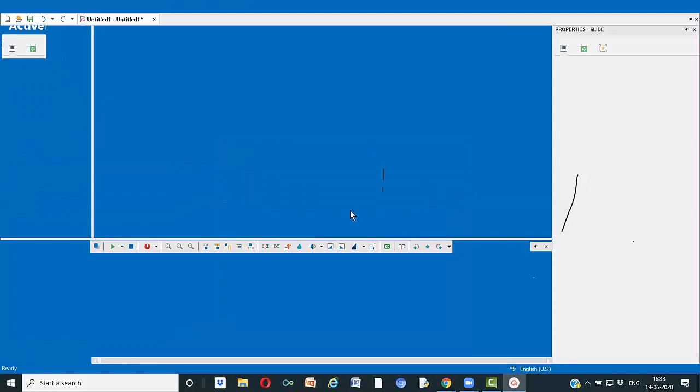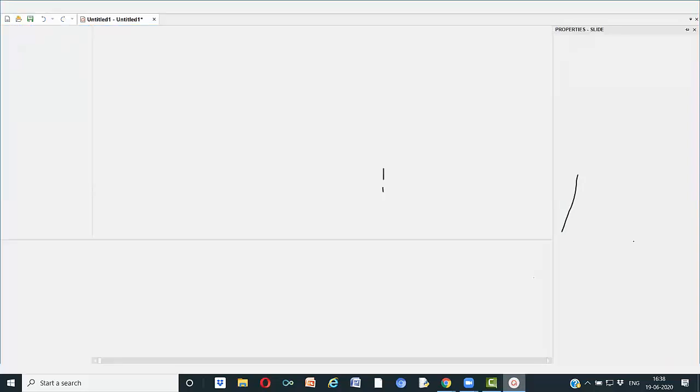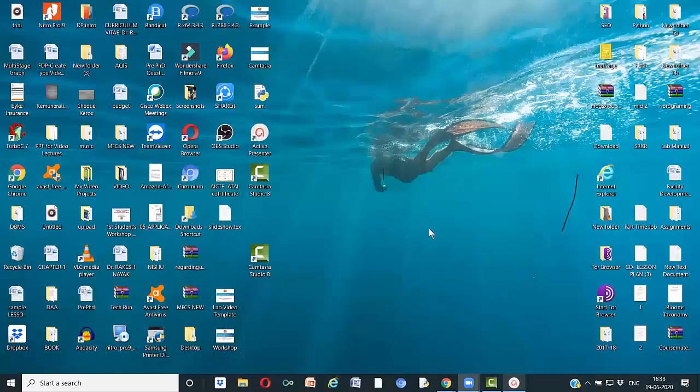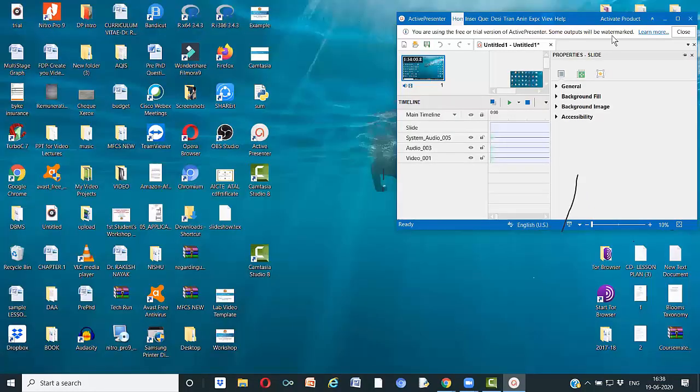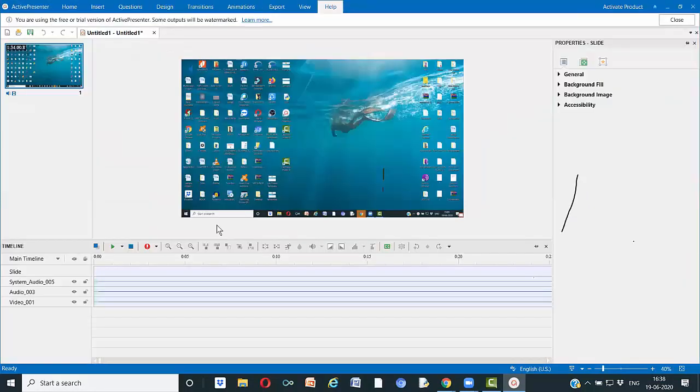Now, when I open ActivePresenter, it will look like this. Now my screen came. Whatever I have done for 1.5 hours or so is all captured right now. So this is how it will look, and I can play this for a preview.